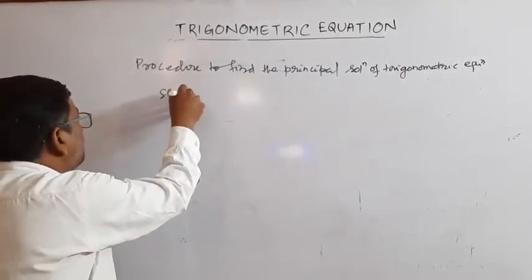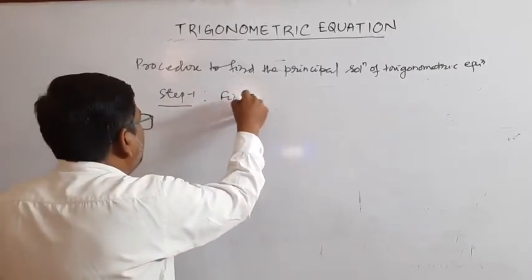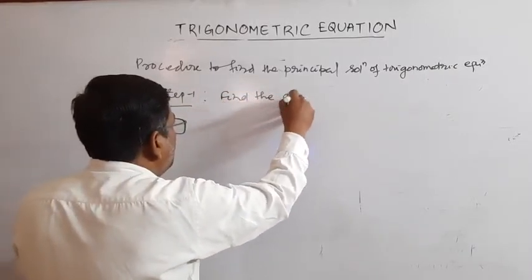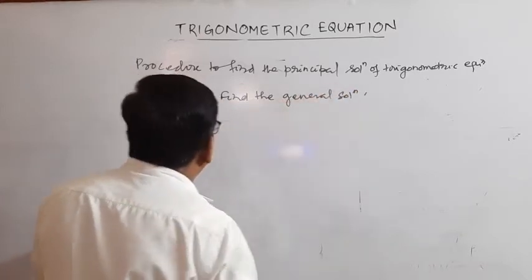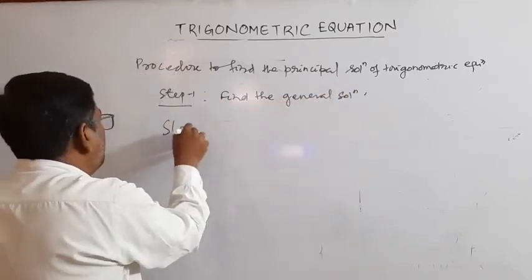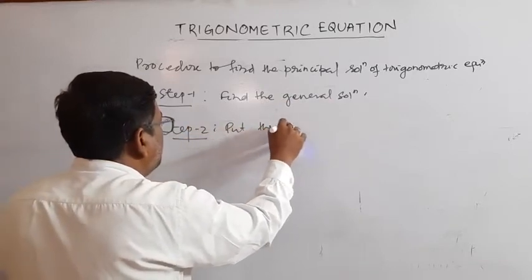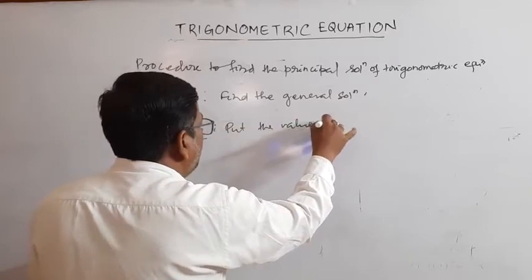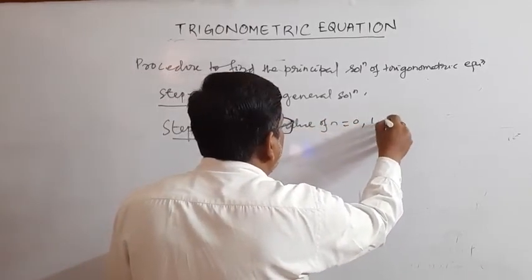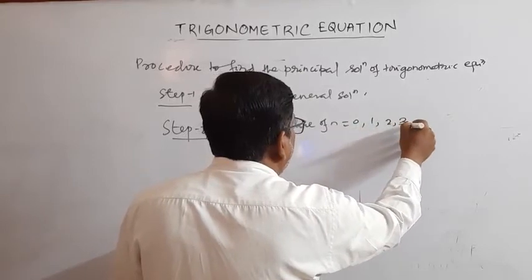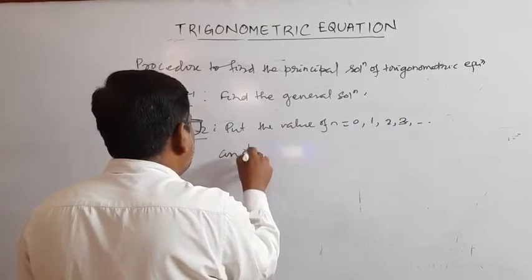Step 1: find the general solution. Step 2: put the value of n equal to 0, 1, 2, 3 like this, and restrict the solution